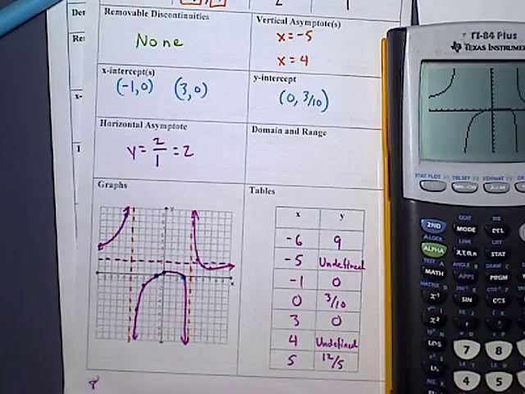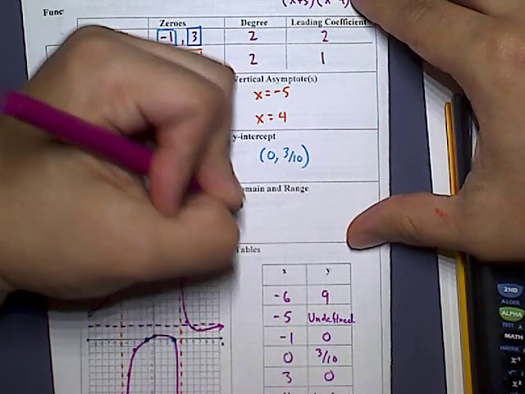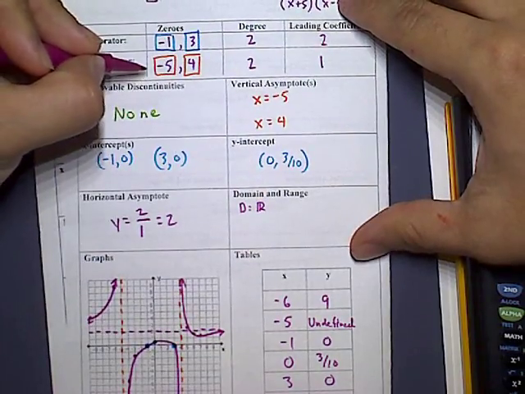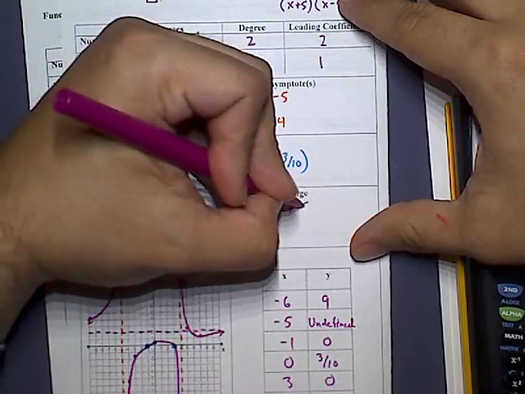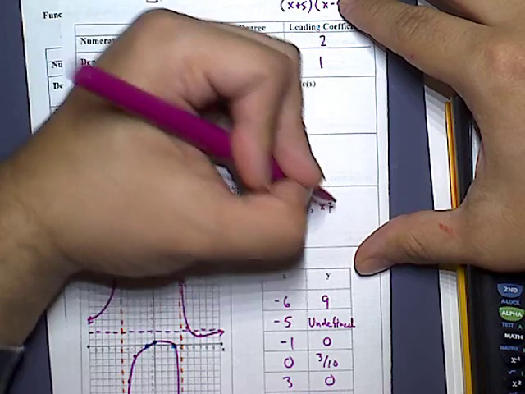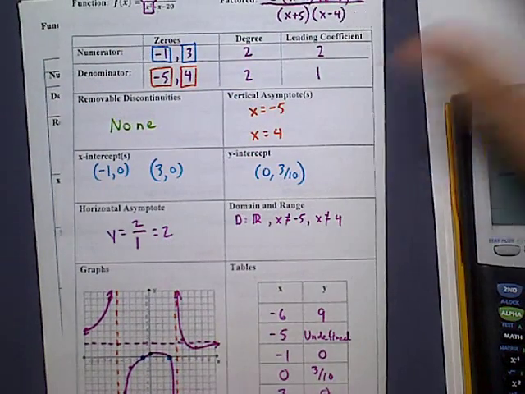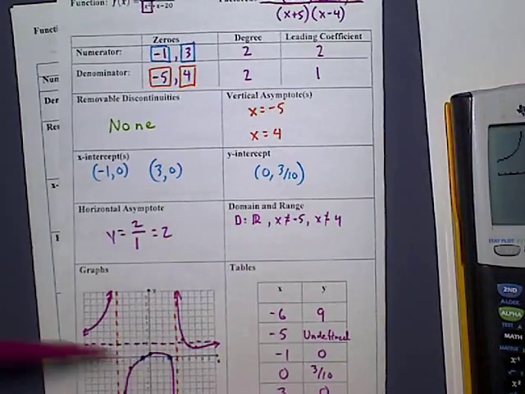The domain is a simpler one to get between domain and range. It's all real numbers, but it does not include the zeros from the denominator. X is not equal to -5, and x is not equal to 4. The range is a little bit tricky because of the fact that, first of all, we cannot